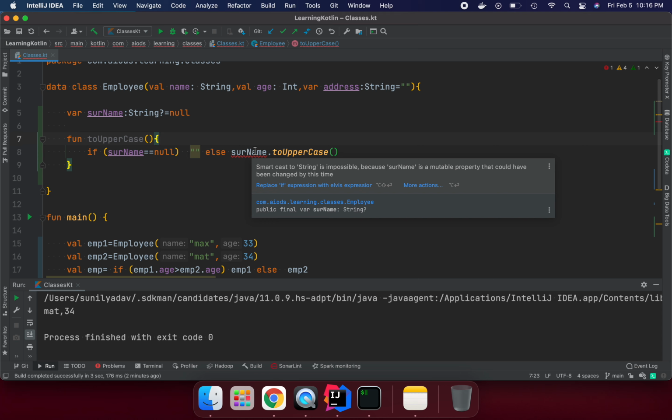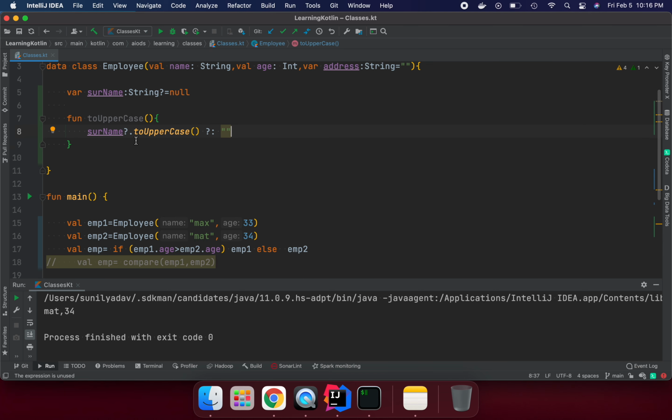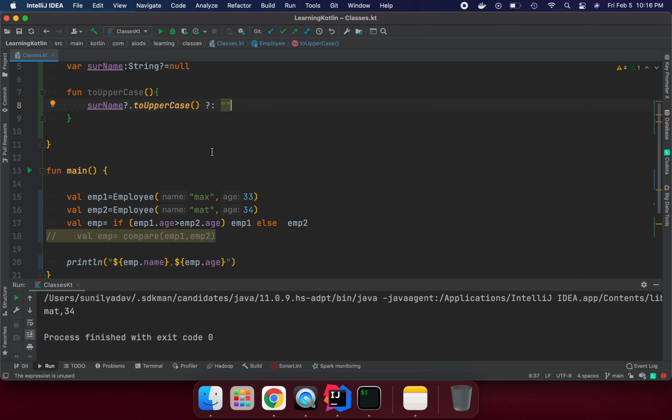How can we handle it? We need to use the if-else expression. Let's convert it into an expression using the safe operator: if surname is not null, do the uppercase, otherwise blank. This way we are able to handle smart cast, and we can use the else operator whenever we get this kind of issue.